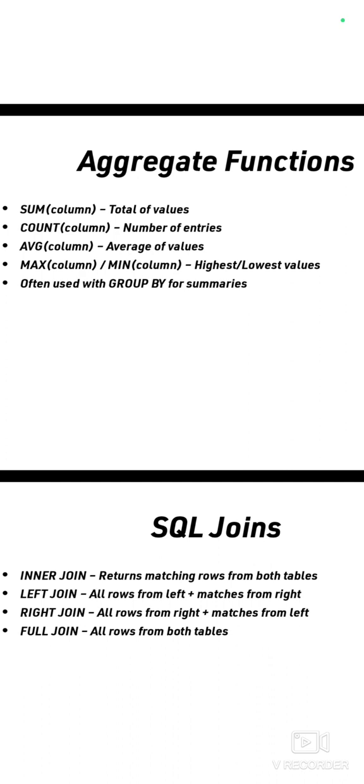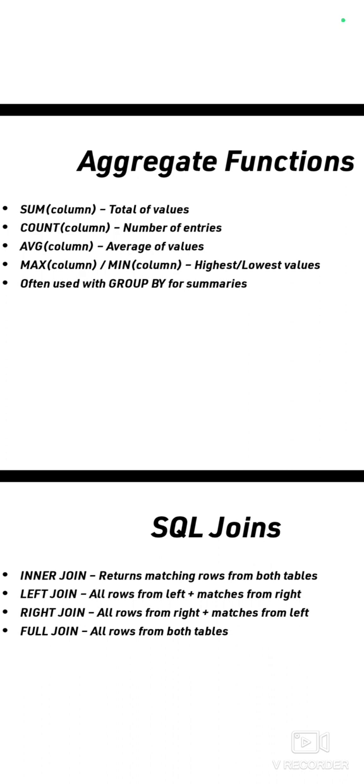Commonly used SQL aggregate functions. Below are the most frequently used aggregate functions in SQL. There are four types: SUM, COUNT, AVG, and MAX or MIN. First one is SUM. The SUM function calculates the total